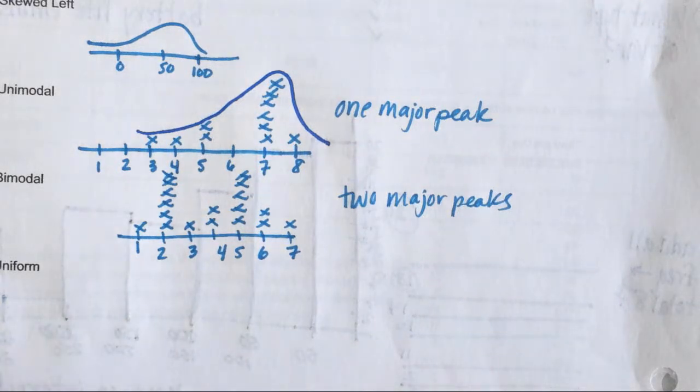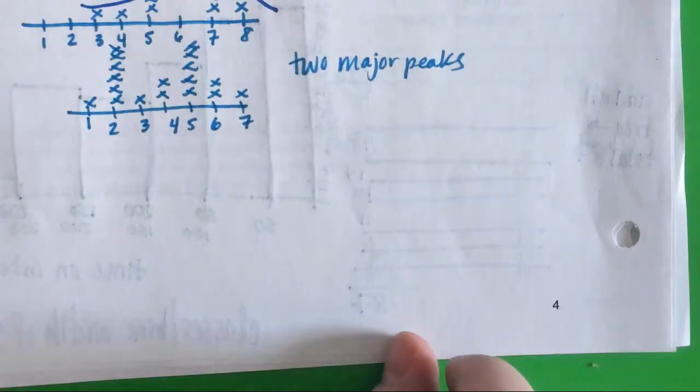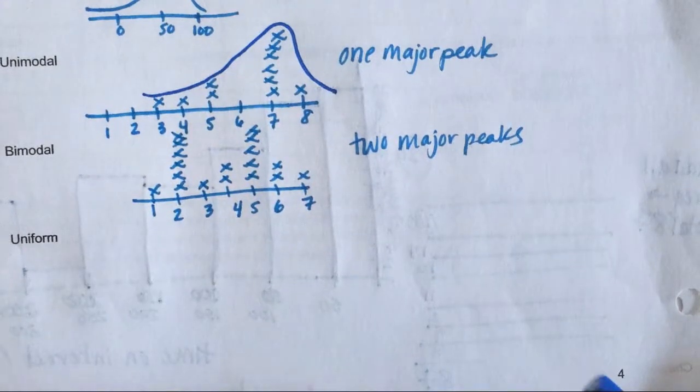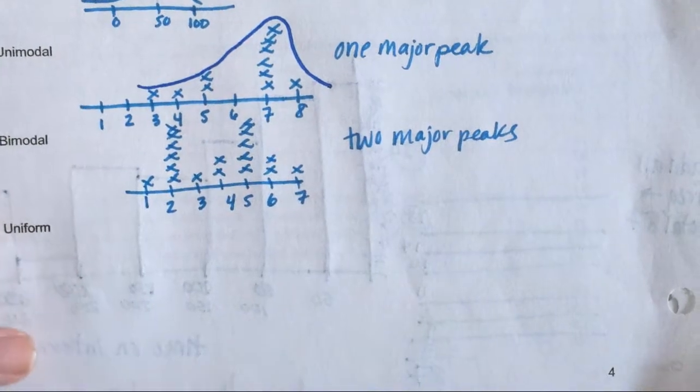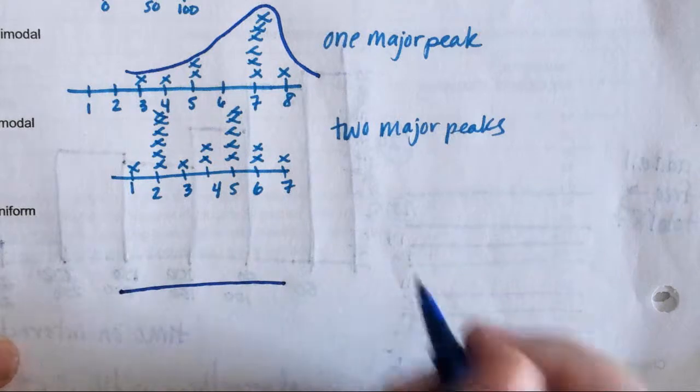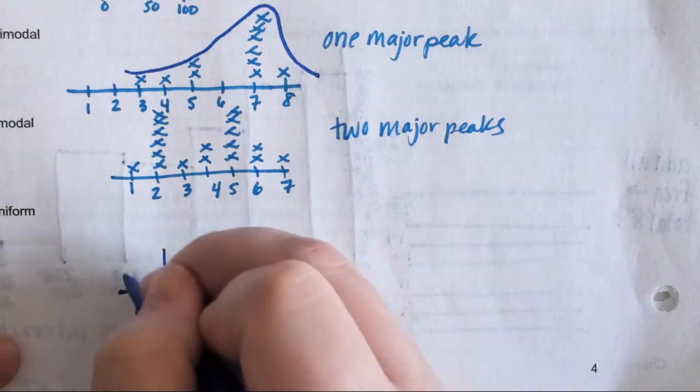We would love, if we could, in AP Stats, to make every single thing symmetric, but that's not always the case. All the good things in life are symmetric, but that's not always the case. Well, we're eventually going to learn that if you have enough data points, everything becomes symmetric, but that's to come. Okay, and then uniform we did discuss yesterday, but I think I drew my graph a little too pretty yesterday,